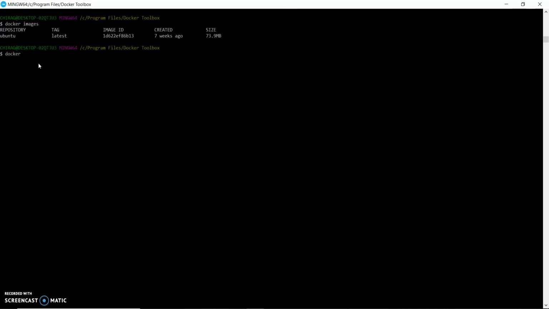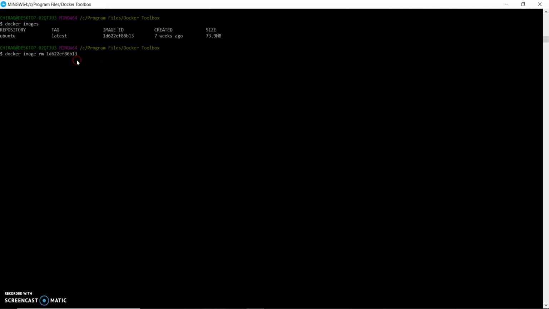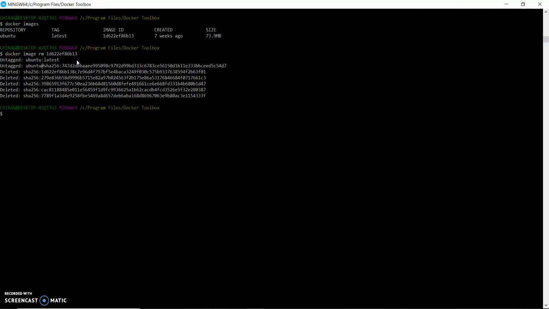This is docker image rm, and this is the image ID. I will just copy and paste it and delete. You can see it is deleted now. Let me again run docker images, and now you can see there are no images present here.